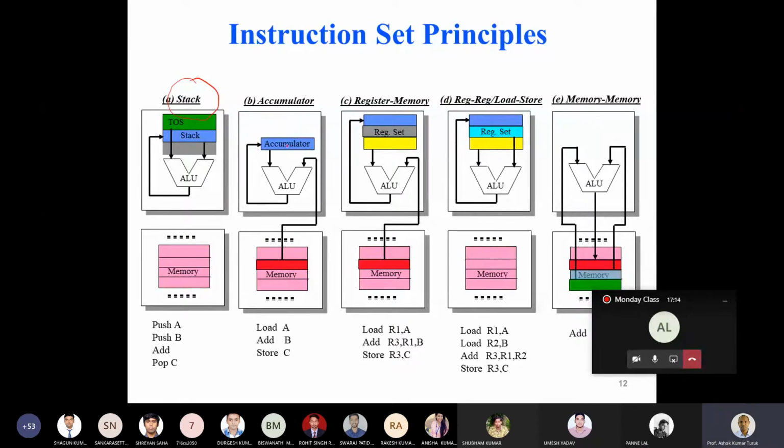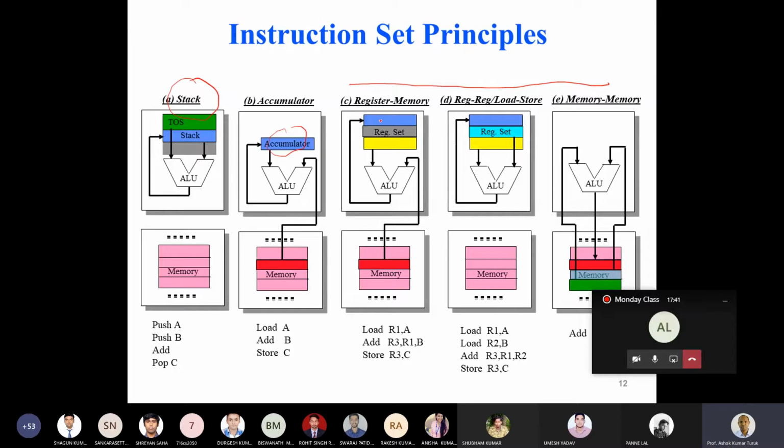In the case of accumulator based, one of the operands is in the accumulator. The other one you read either from memory or from a register, then perform the operation and store the result back into the accumulator. Now the next three are general purpose register architectures: register-memory, register or load and store architecture, and memory-memory.